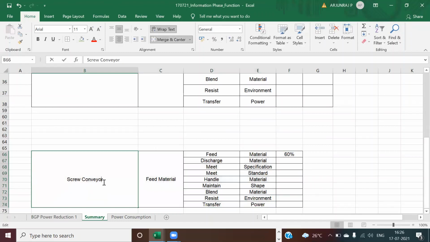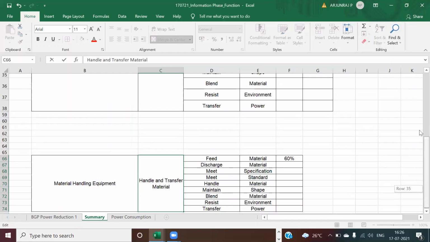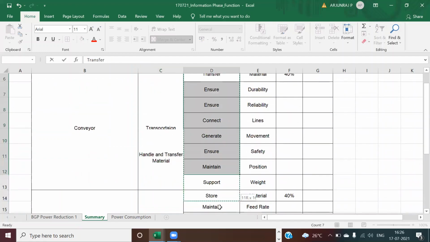When you say common function, it is going to be common. So it is a complete material handling equipment, not for individual parts. It is going to be one complete product. What is the basis behind the material handling? It should handle and transfer material. Even this is not required. Then directly you have tried with the functions alone. So you have tried on all the functions which are there in order 3. Now this is run, and then you write the remaining.